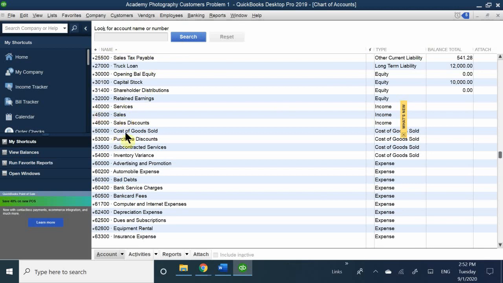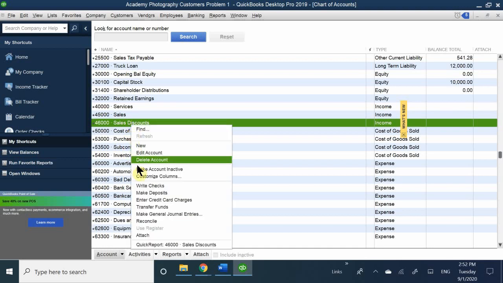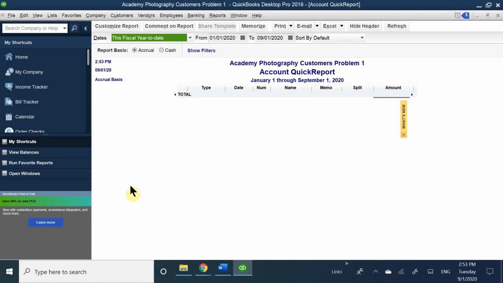Yes. For example, I no longer use sales discounts because I'm just that person. I don't use sales discounts. I can either right click it and choose to make it inactive. Where is it? Make account inactive. Yes. Okay, and same thing, you can do that for your